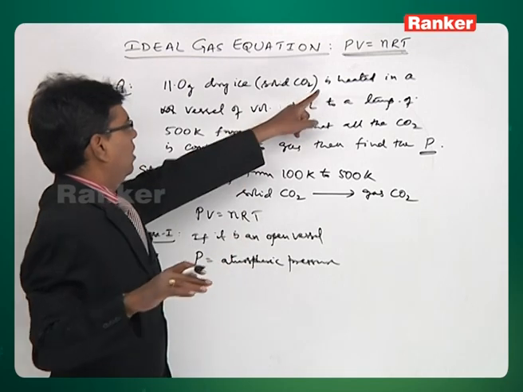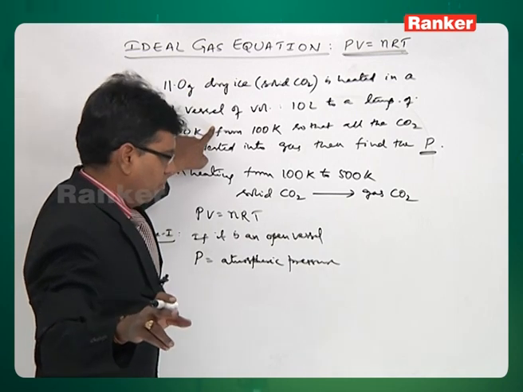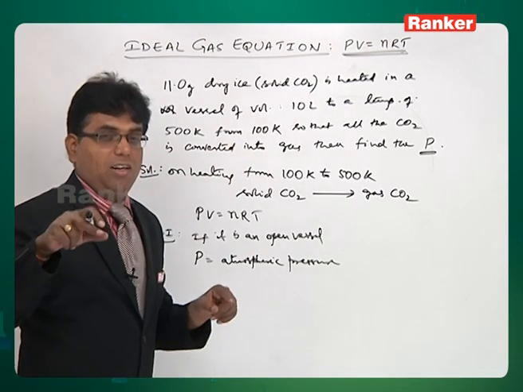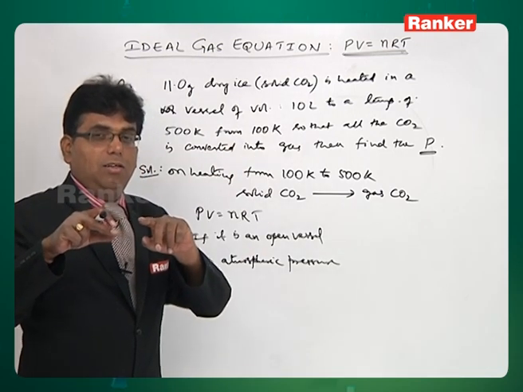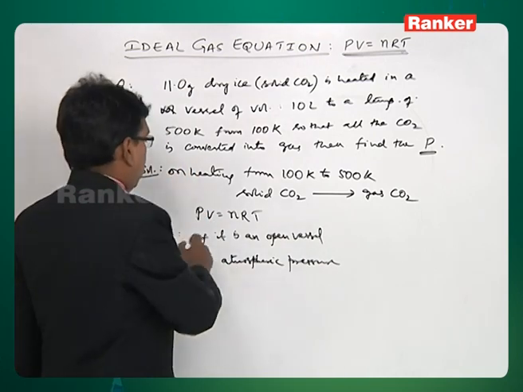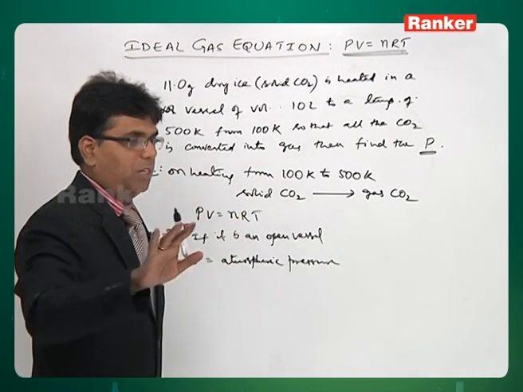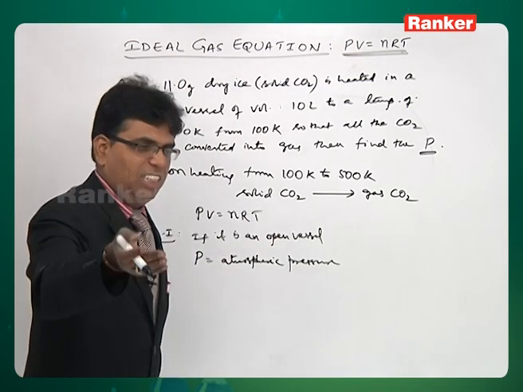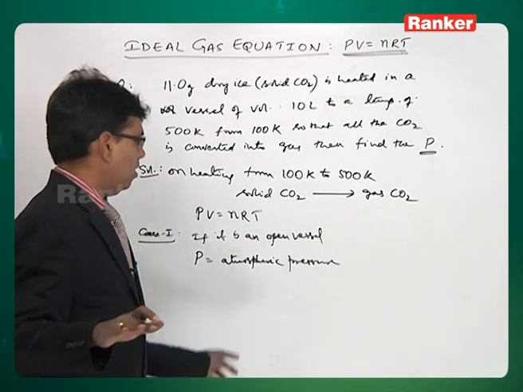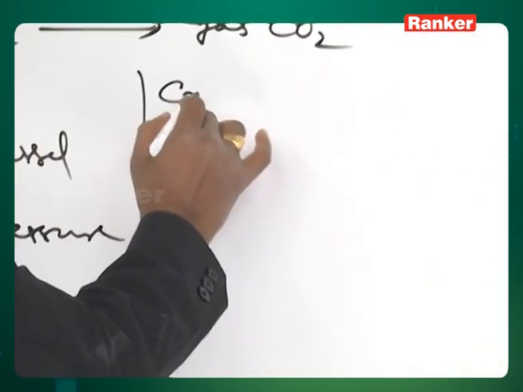Why I am telling this is, when it is heated in a vessel, it should be mentioned what kind of vessel it is, whether it is an open vessel or closed vessel, and also again in a closed vessel, whether it is previously evacuated completely or not evacuated, that also makes a difference. So, case one is that in case of an open vessel, pressure is equal to atmospheric pressure. No need of doing any calculation, to whatever temperature it is heated or decreased, and whatever may be the volume of vessel, pressure is always equal to atmospheric pressure. And case 2 is,